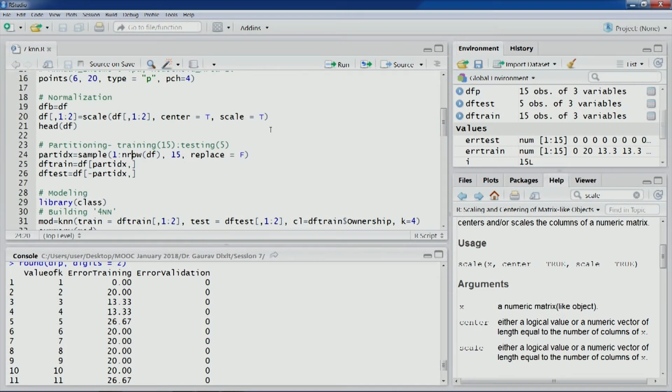Again, we would like to have a different 15 random observations in the training partition and 5 observations in validation, so that we are able to get a typical result. Because we are using a small data set, some peculiarity in the results can be seen. So let's execute this.